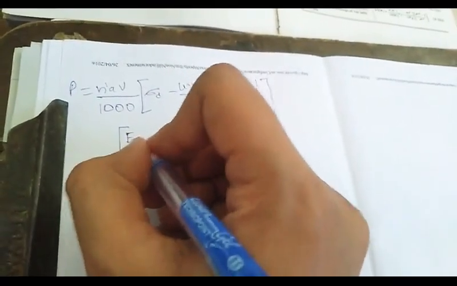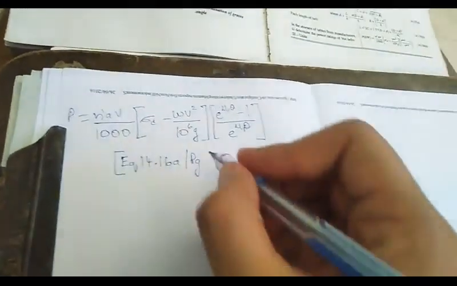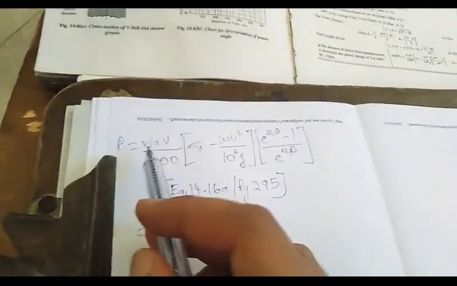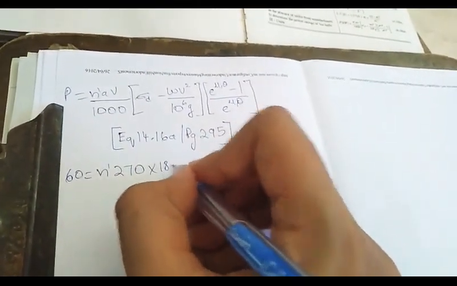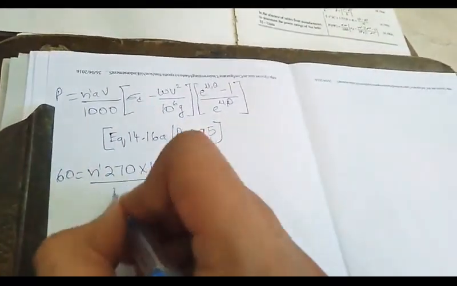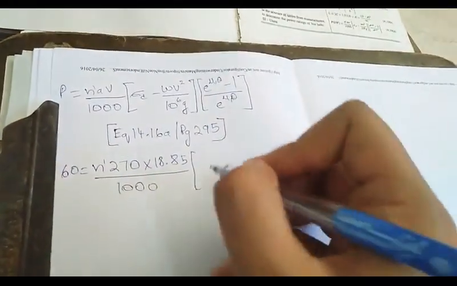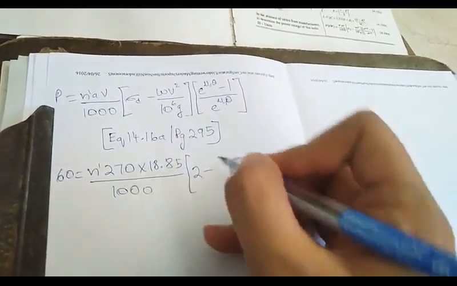So this formula is from equation 14.16a, page number 295. Here n dash is nothing but the number of belts. The power they have given in the question as 60 kilowatts. Area also they have given, 270, into velocity 18.85, divided by 1000. Sigma they have given as 2 MPa, minus